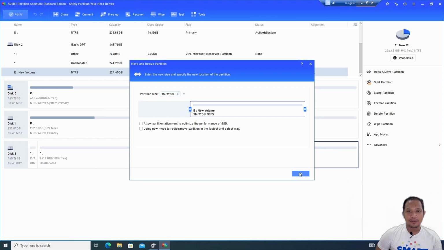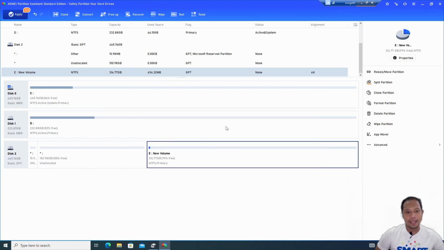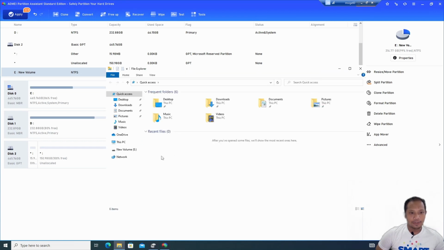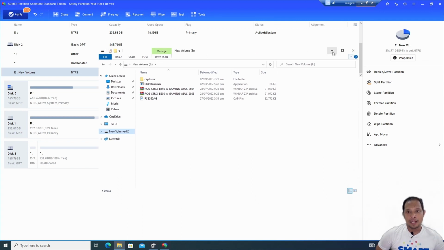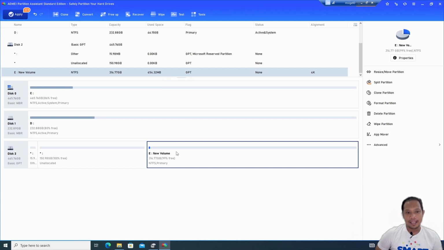Then, when you click on OK, by the way, itong drive na to, meron siyang laman. So, that's also the good thing in it. So, yan, i-preserve niya pa rin, no? Kaya niyang ma-preserve yung mga laman ng ating storage. So, ito yung current na laman ng ating drive na ipapartition natin right now. Okay? So, going back to their screen,